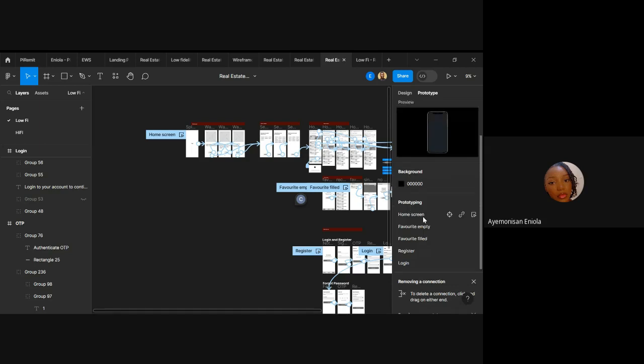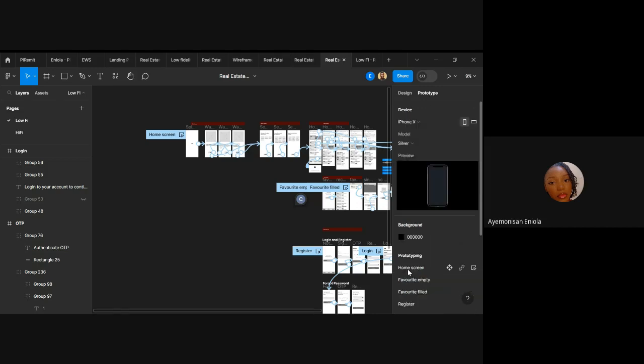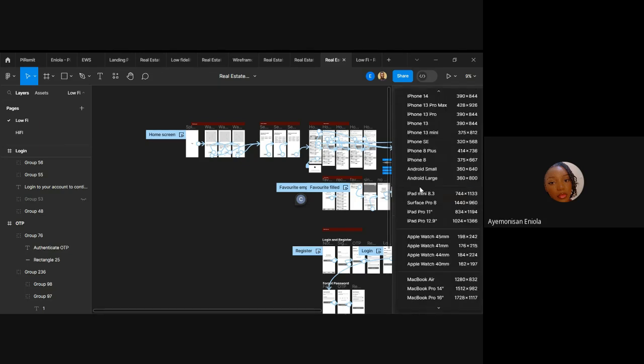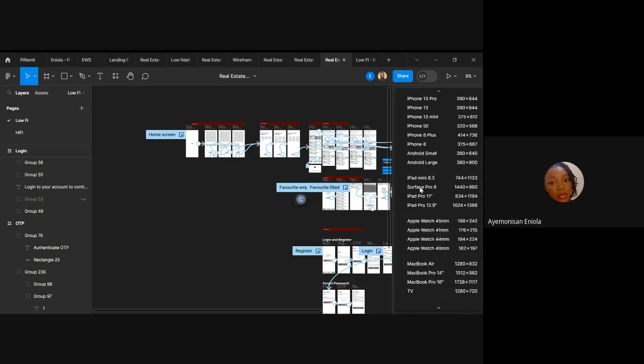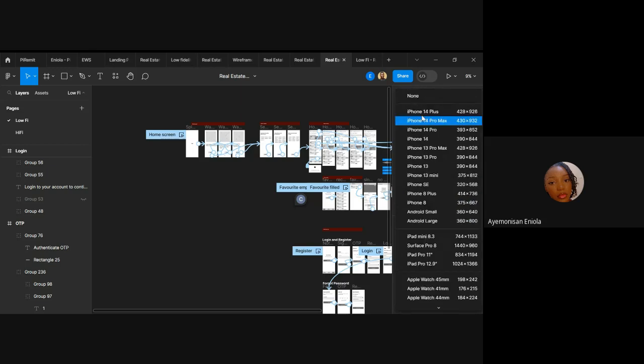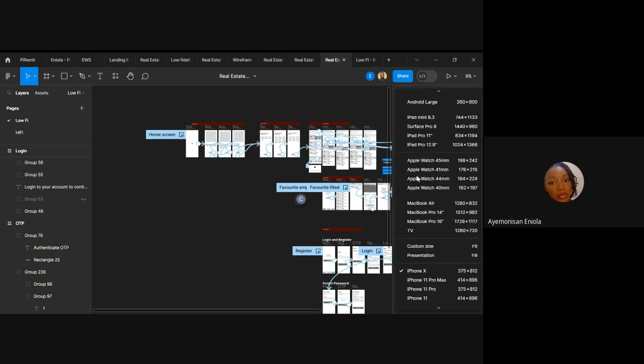We have the home screen, favorite empty, favorite filled, register and login. So we have everything here. For the testing, you can choose the device that you want to use. There are a lot of things that we can use to present this. You can use any phone that you want. Since we used iPhone mini, you can use iPhone 13 mini. But for presentation's sake,